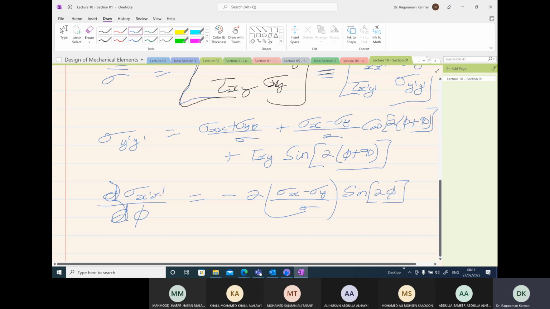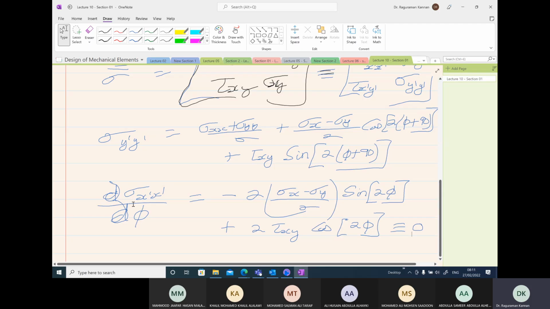The next one, I will get positive 2 times tau xy cosine 2 phi. And this should be identically equal to 0, because to get the maximum and minimum,